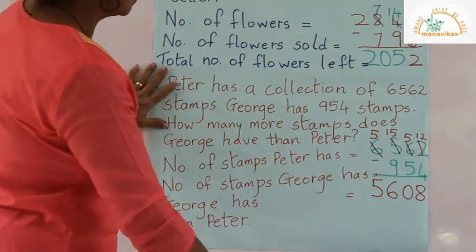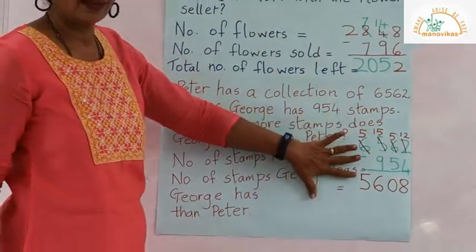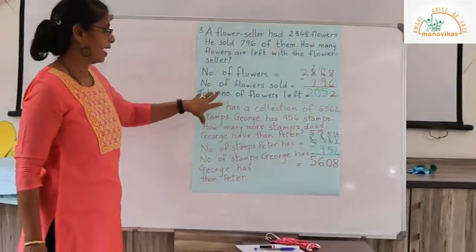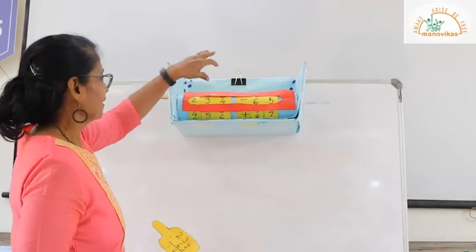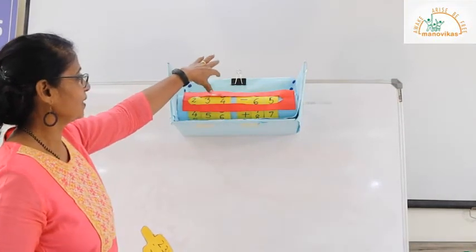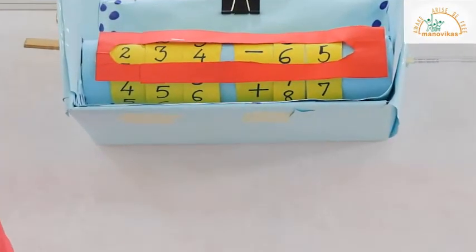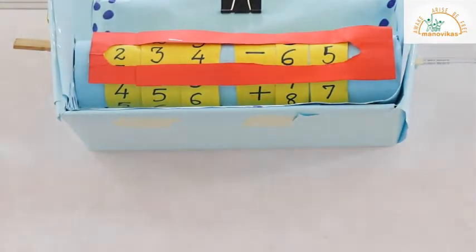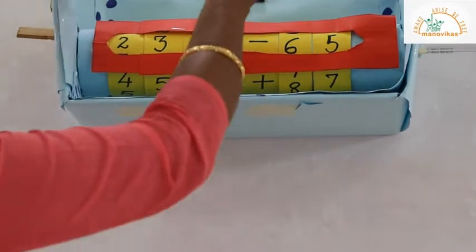So I hope you have followed how to do the subtraction in the traditional method and in the regrouping by drawing and finding out the difference. Let's have fun with numbers. You are having a 3-digit number 234 minus 65. Who can guess it for me? 1, 2, 3. And the answer to that is 169.